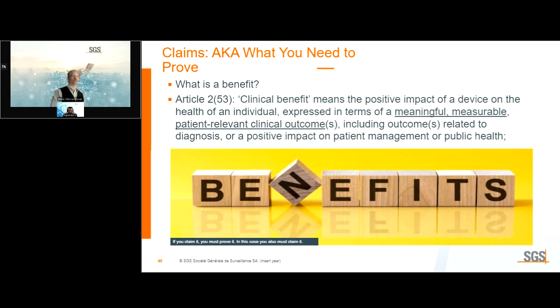So let's start talking a little bit more about benefit. Clinical benefit is defined as the positive impact expressed with meaningful, measurable, patient-relevant outcomes. I'm going to give an example that I didn't think to put into the slides directly about what it means for something to be measurable. I want everyone here to think about either your child, yourself, or a young friend who is learning to drive, or maybe your spouse, I don't know. Someone says to you, I am a good driver. What does that mean? It's not specific. It's not measurable. You can't really prove it. You can't really disprove it.